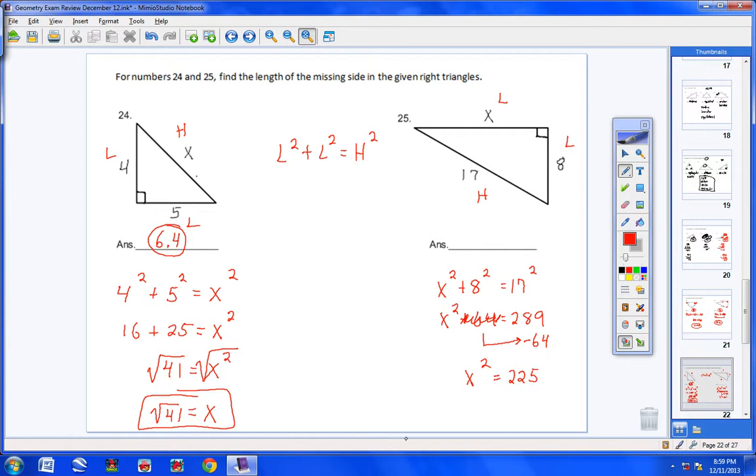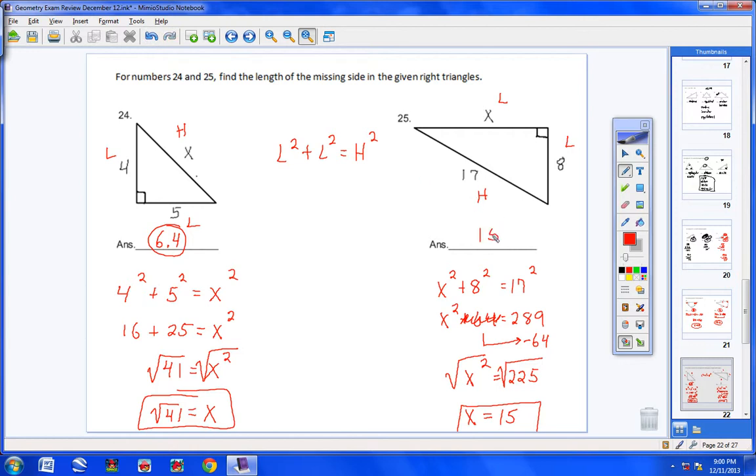225. Now, I'm going to take the square root of 225. First of all, I want to make the x squared become an x, so I take the square root of x squared. But you cannot take the square root of one side unless you take the square root of the other side. The square root of x squared is x, and the square root of 225 is 15. So the answer to number 25 is